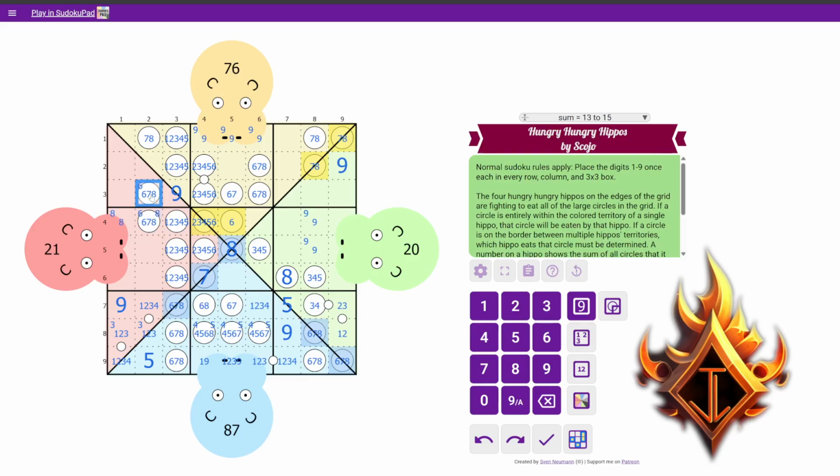And if this was 8-6, it would be 14 needing 7. Now, if we were to put the smallest digits possible, 1, 2, 3, then we would still need 1 digit. We would need a 1, but we cannot repeat a 1, because a 1 can only appear in a circle one time. Therefore, this cannot have an 8 at all, these two. So it must be a 6-8 combo, or 6-7 combo rather. 8 goes there, 8 goes there, and now